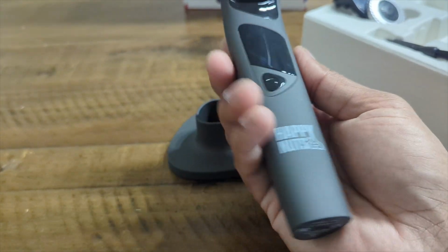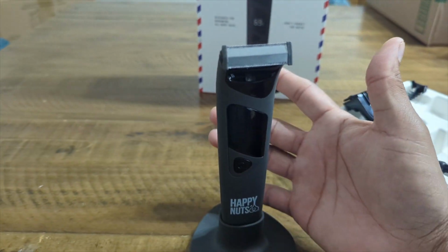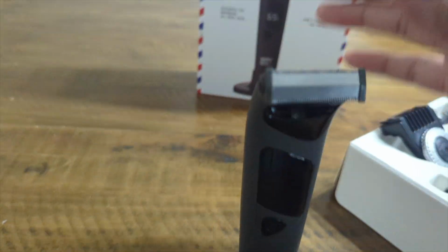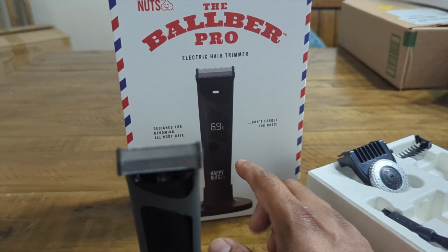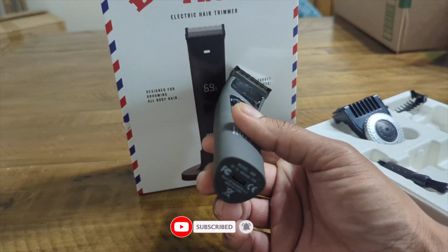Overall, I enjoy it, I like it, and I'm using it. I always use a lot of machines because I shave a lot, so this is very handy and very powerful. It's a good company. I know the names, everybody's gonna crack about it because there's Happy Nuts, Happy Wife, you know what I mean? But I gotta tell you, it works really good. They actually really did a great job